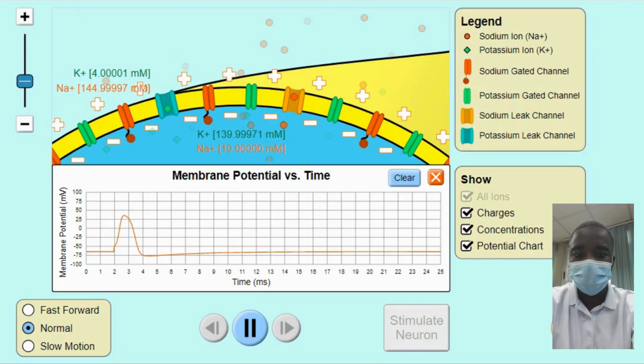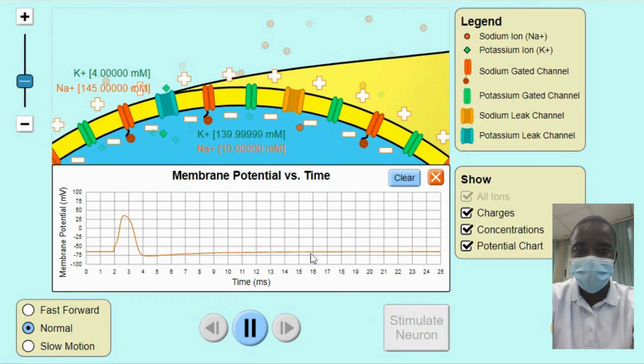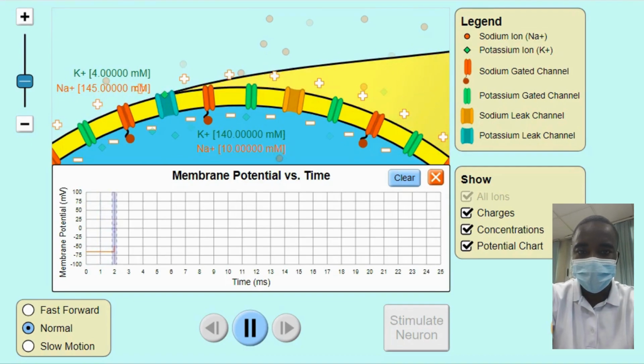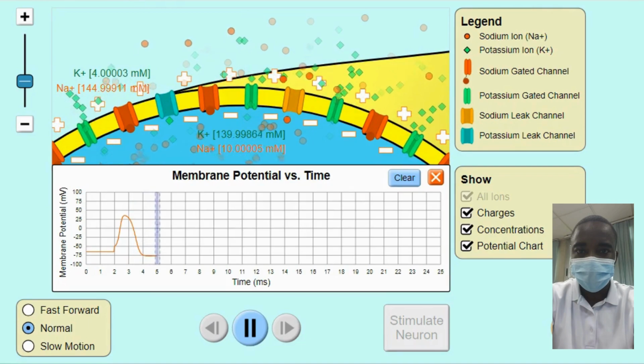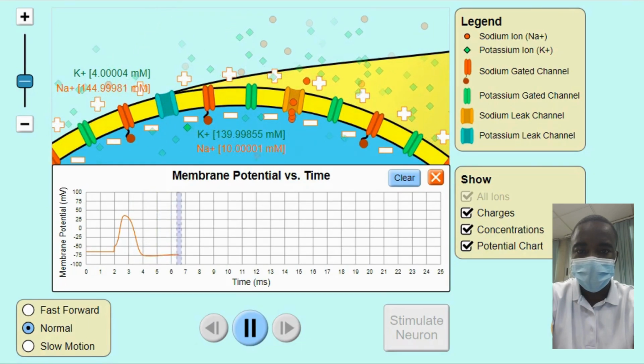As students stimulate the neuron in the simulation, they can observe changes in the movement of ions. When the neuron is stimulated, the membrane potential becomes less negative, leading to a decrease in the electric potential difference across the membrane. This change in potential triggers the opening of sodium channels, causing an influx of sodium ions into